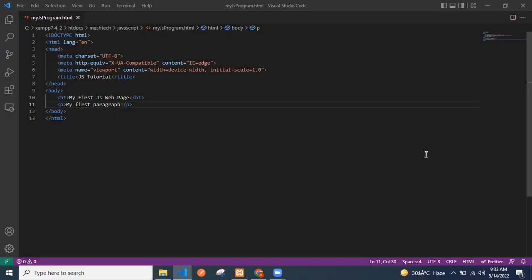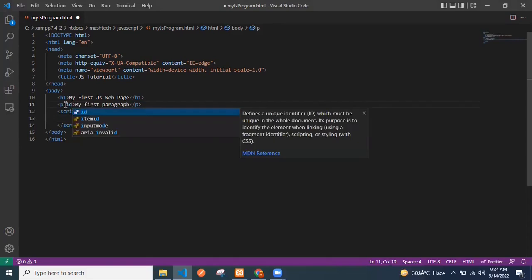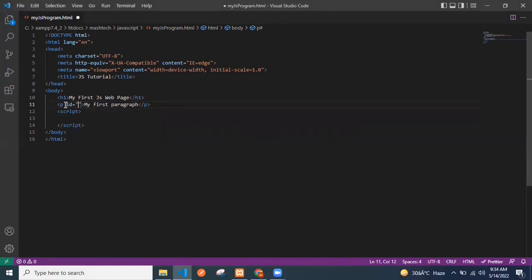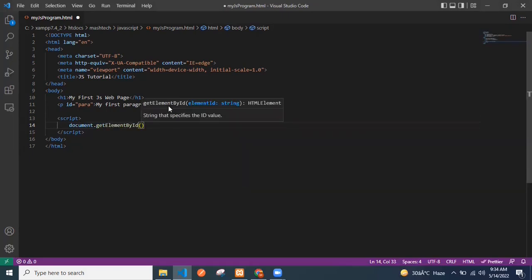We have created this HTML program and we want to add or modify the content of the page using JavaScript. You can do this by adding a script tag. As we know, there are multiple ways to write JavaScript. First, we will use innerHTML. Give the ID or the class name to the paragraph, ID para. And we want to target this paragraph as document.getElementById, and that is para